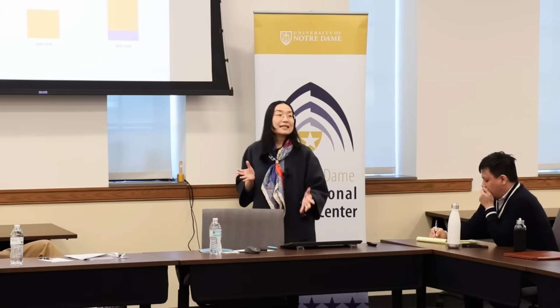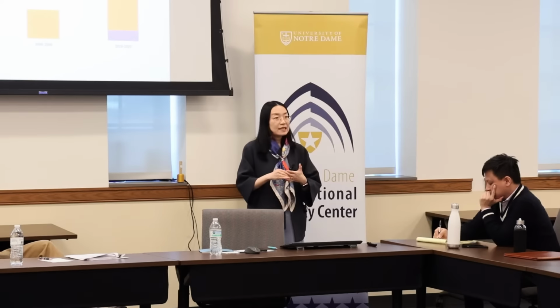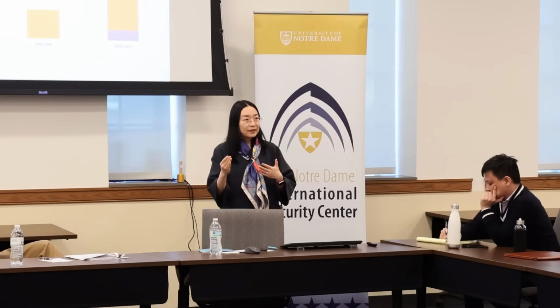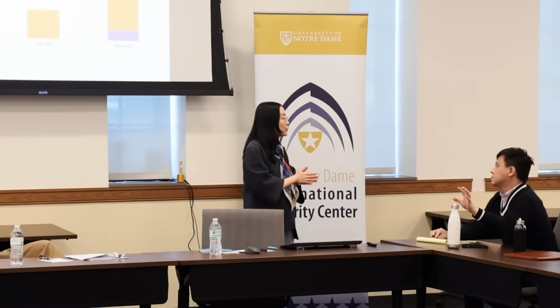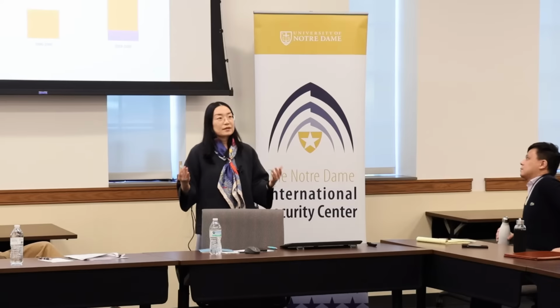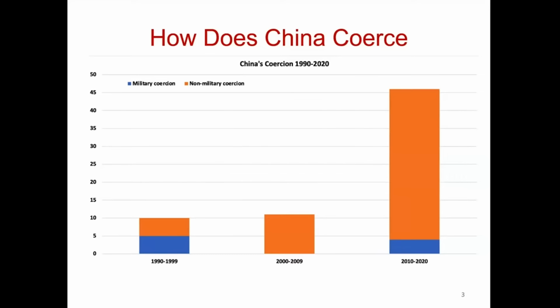Beginning in the 2000s, we're seeing an increase in the frequency of Chinese coercion, but what's also interesting is that China has been utilizing non-military coercion overwhelmingly in lieu of military coercion. An example would be the banana bans that China imposed against the Philippines over maritime disputes in the South China Sea. Another example would be the use of frozen coercion against Vietnam, also over maritime disputes in the South China Sea. So there is variation over the tools of Chinese coercion. Another aspect of Chinese coercion is the targets.